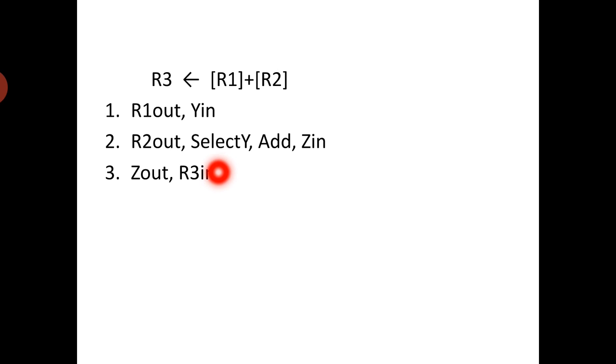Next, what does the ALU have to do now? It has to perform the operation according to the instruction. Here we are considering the addition operation. The ALU will perform both arithmetic and logical operations. Now what does the ALU have to select? It has to perform the addition operation, so the ALU will select the add operation.